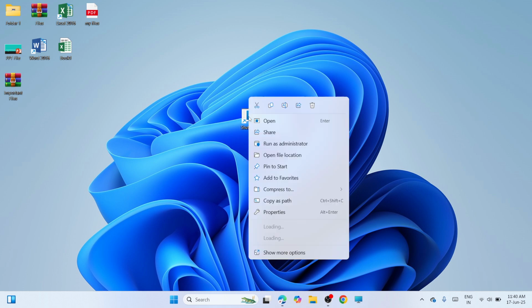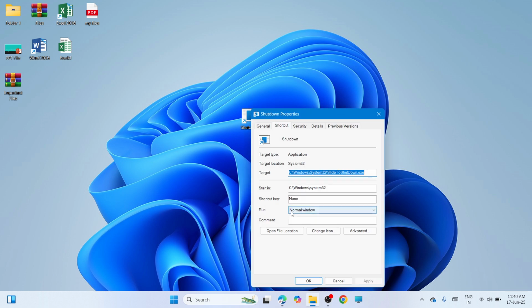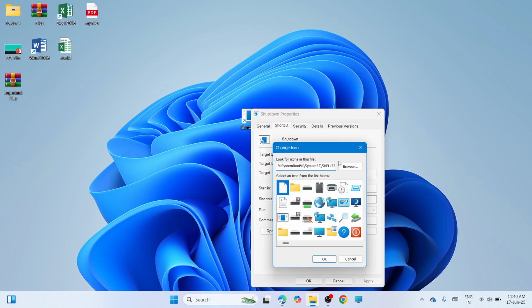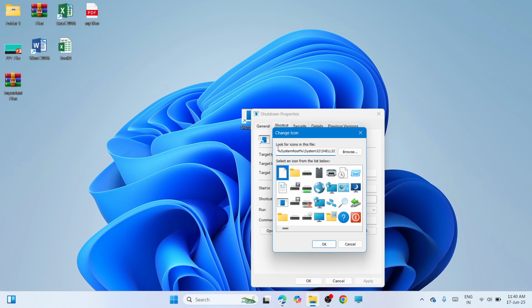So by that, make a right click and then you need to go with Properties. And here at the Properties, please proceed to Change Icon and click on OK. So from here, you need to copy this path. Don't worry because I have included this one in the description box below so you can copy and paste it